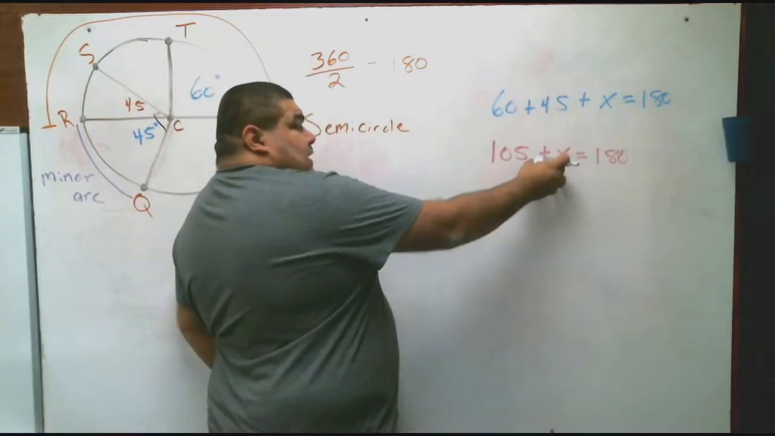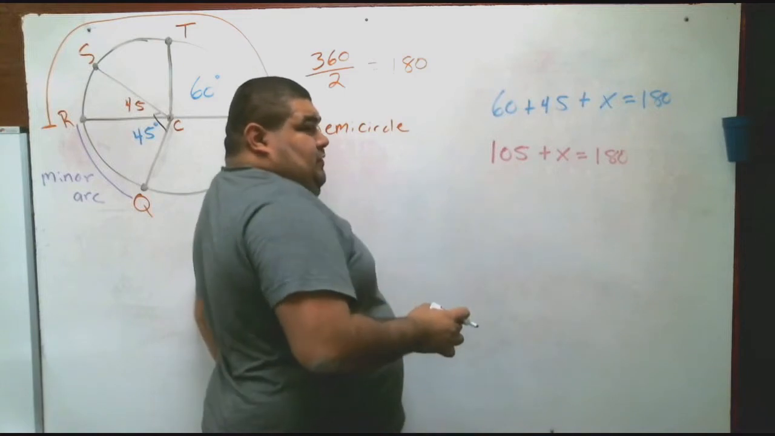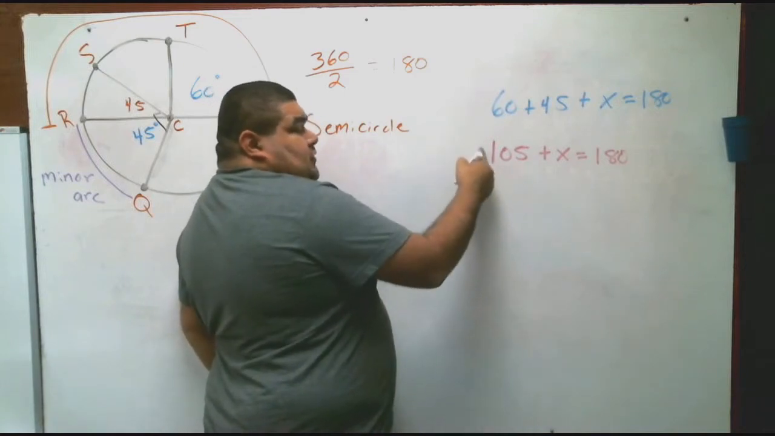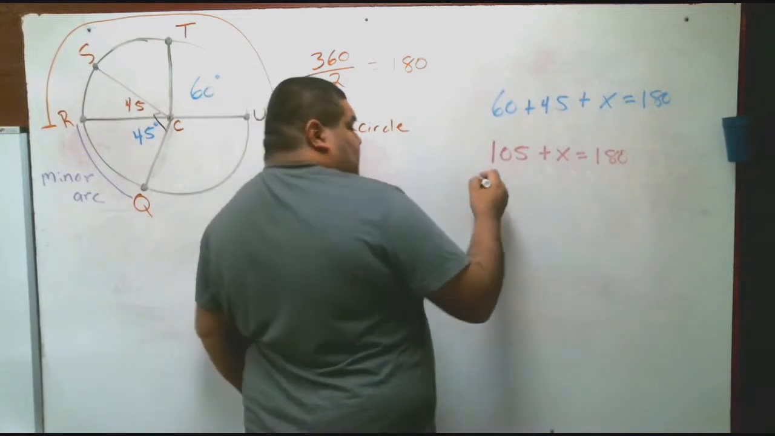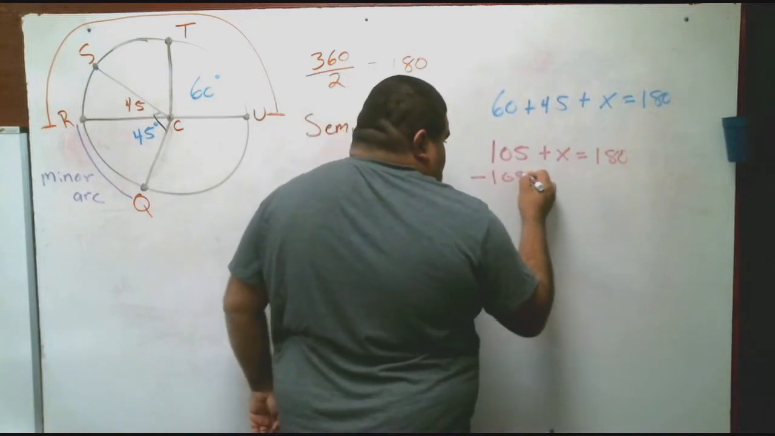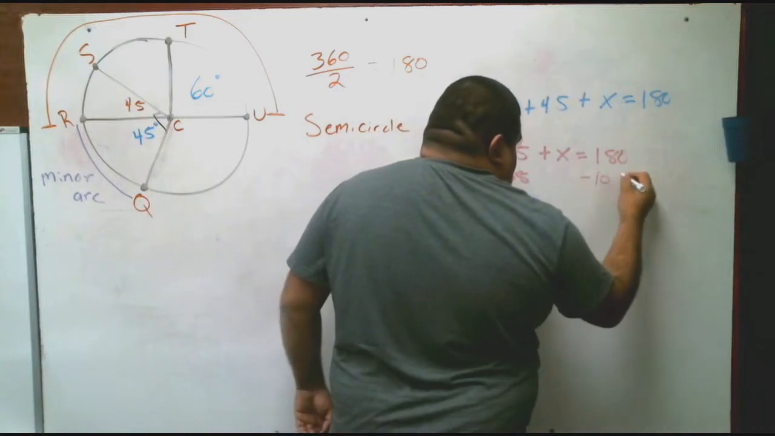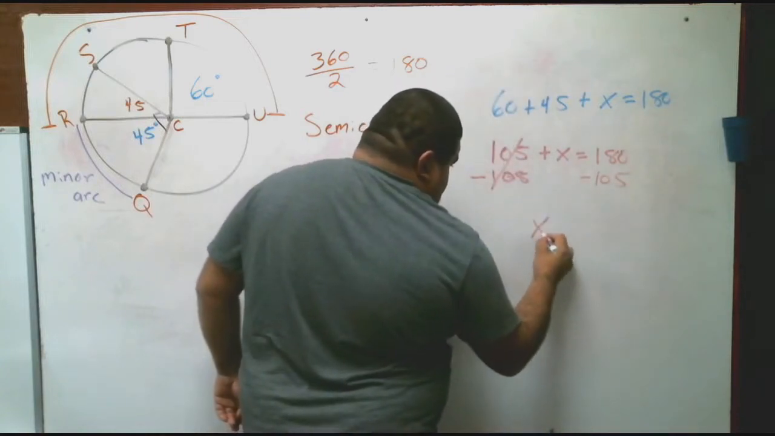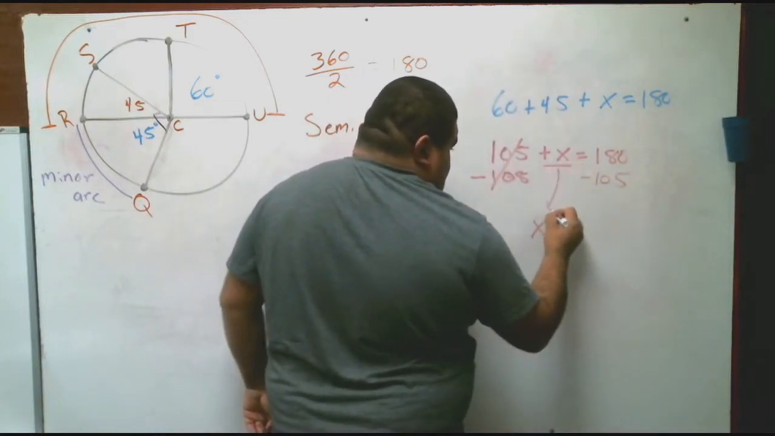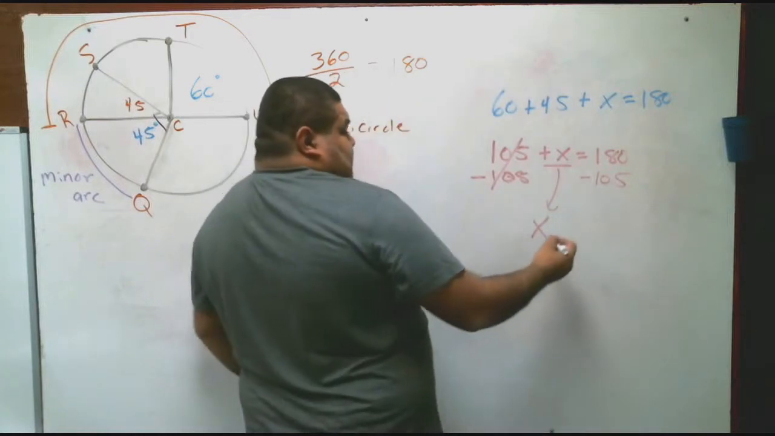If we're trying to solve for x, we have to move the 105, right? If it's positive, because there's nothing there, the opposite would be negative. So it cancels out. You do the same thing on the other side. We're left with x, because we bring it down. X equals,